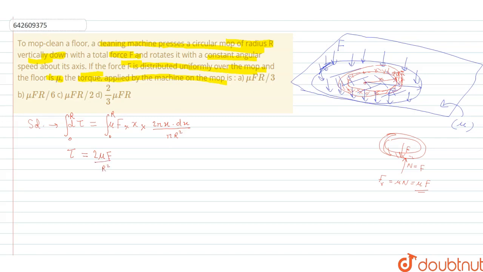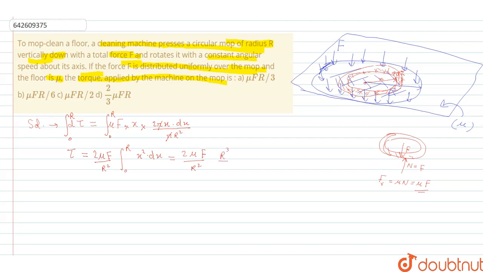Pi will be cancelled out, and we remain with x square dx. So on integrating, we get the value 2 mu F upon r square